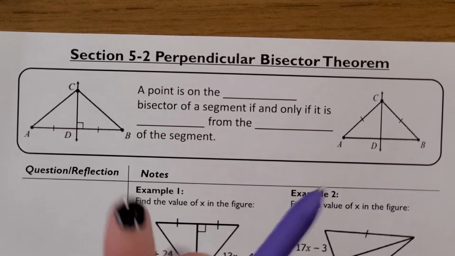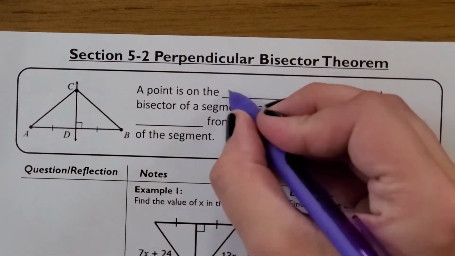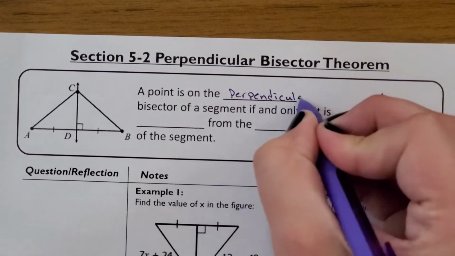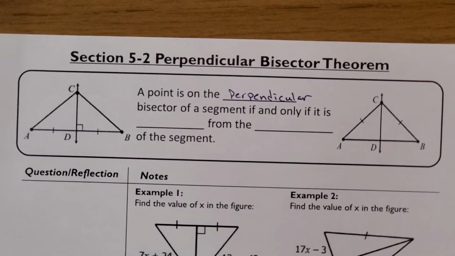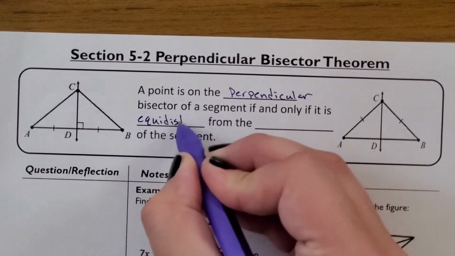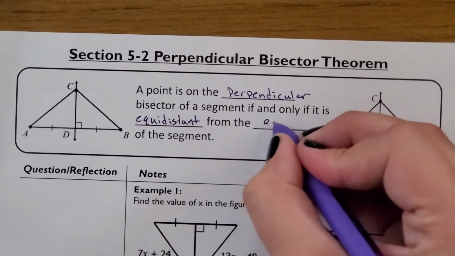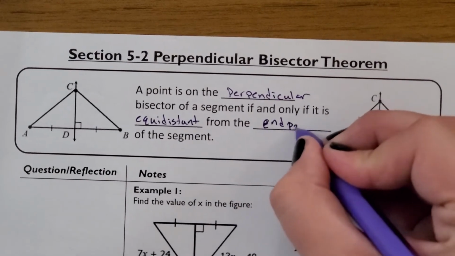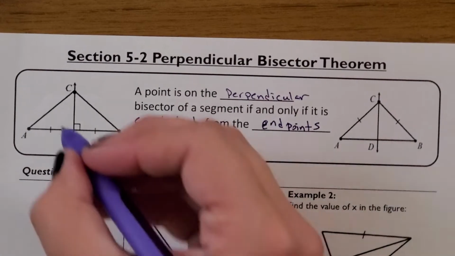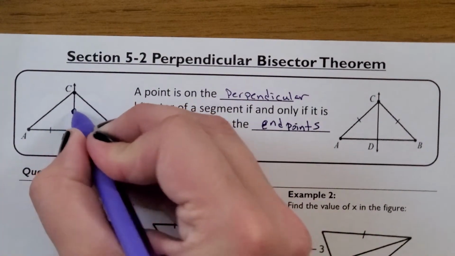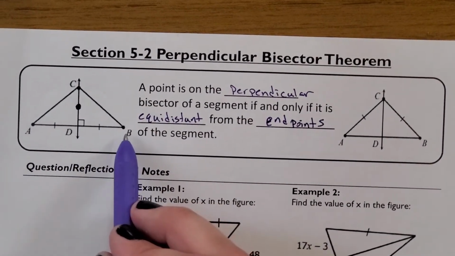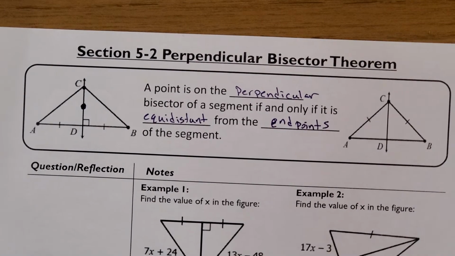The reason that works is because anytime you have a point that is on the perpendicular bisector, it's going to create a situation where that point is equidistant from the endpoints of the segment that the perpendicular bisector is bisecting. So for example, if I were to draw a point right here, this point is going to be equidistant from A as it is to B, which is the reason the circumcenter works the way it does that we talked